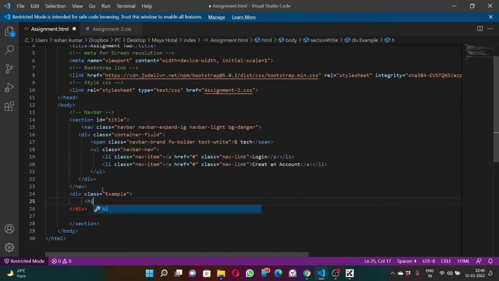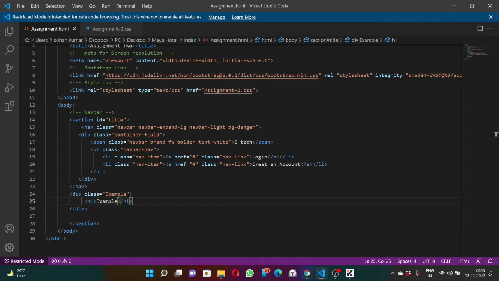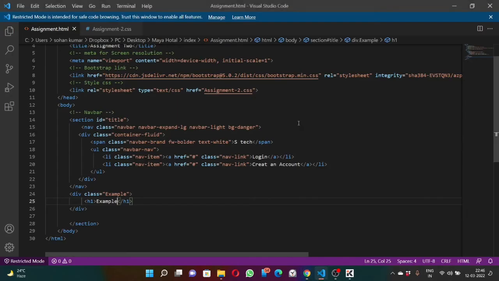So that's why I'm currently giving it the text example, and hit save. And if we want to change the background color of this,